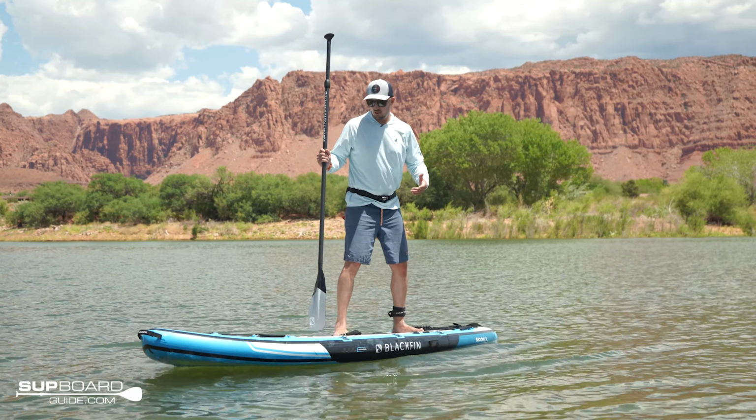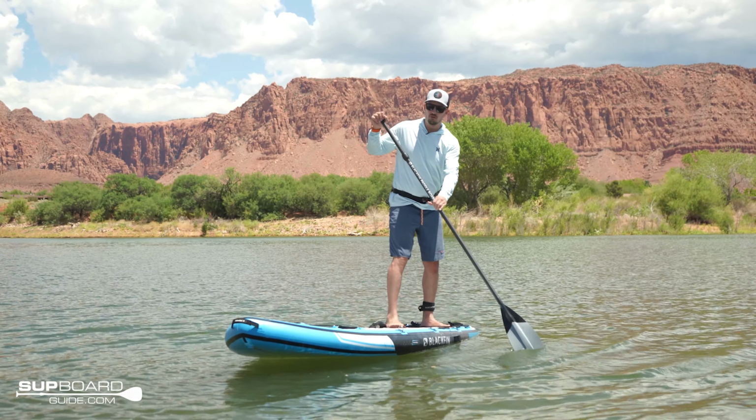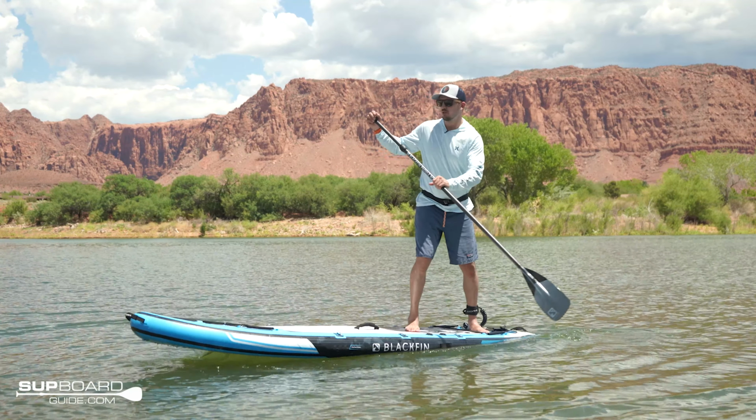So the X does really well. That extra inch that you have on the tail versus the XL makes that just a little bit easier to step back. But then it also, because the length is shorter, you spin around a little bit faster. As you can see,